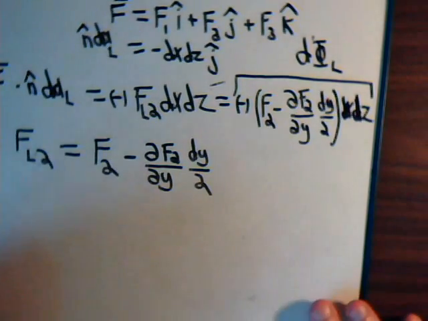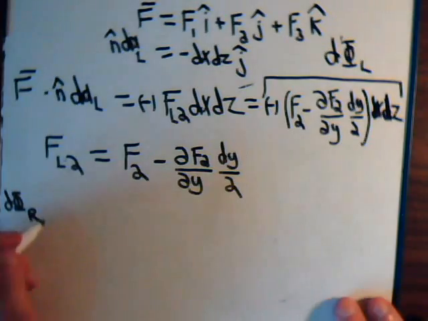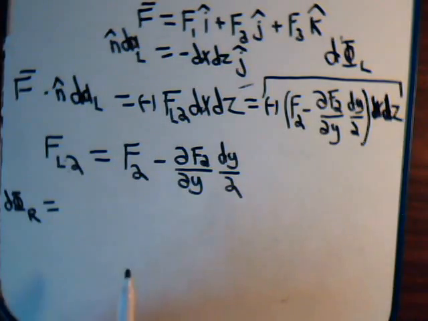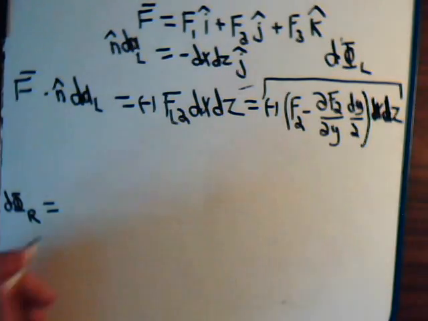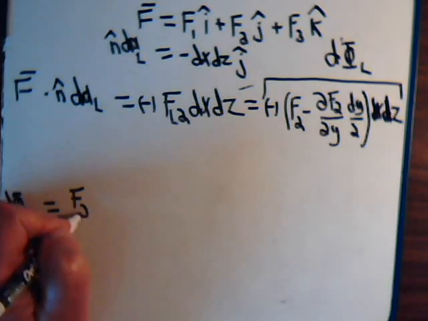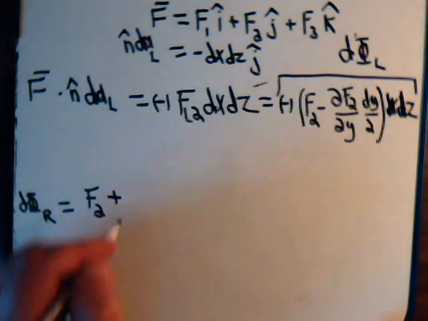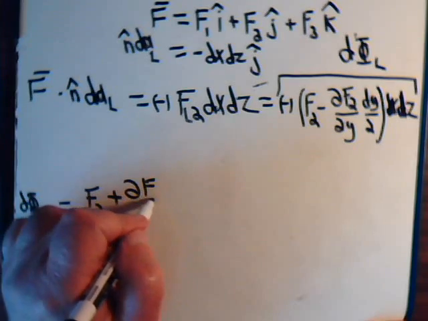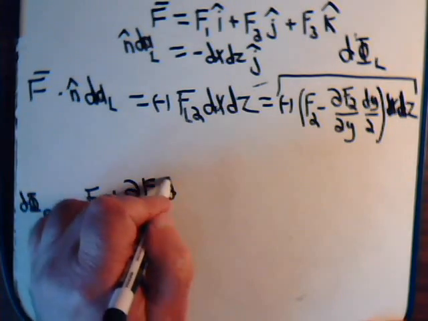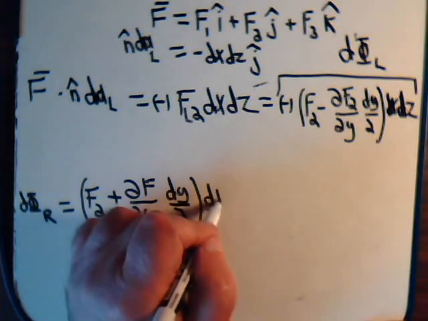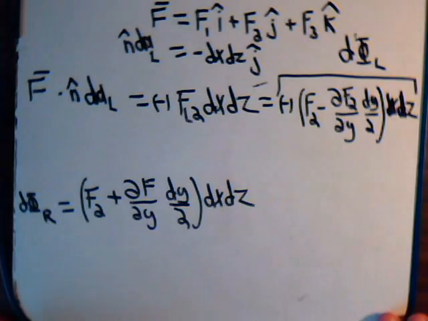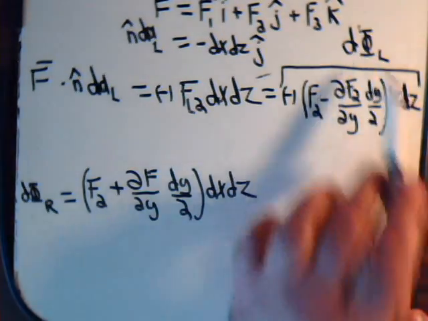So we have, remember what it was here, for the right-hand differential, that was equal to, we'll get rid of this, that was f of 2 plus the partial of f with respect to y dy over 2 times dx dz. So if we add this and this together,